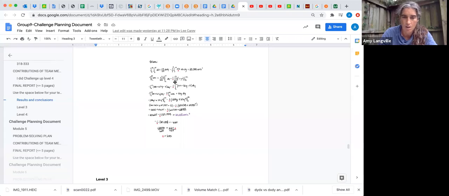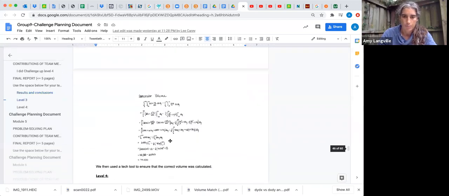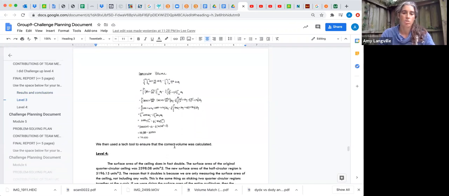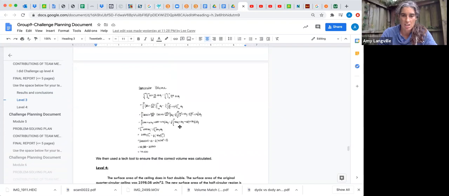But I just liked that she was solving for this parameter and this level up, and she was like, okay, A is the thing I want to find. And she's really focusing on that, put it in red, and then solves for it at the end. Same thing when she gets the volume later, and always uses a tech tool to check her work. But it's like ones that she can do by hand, she does by hand, and this is an important skill